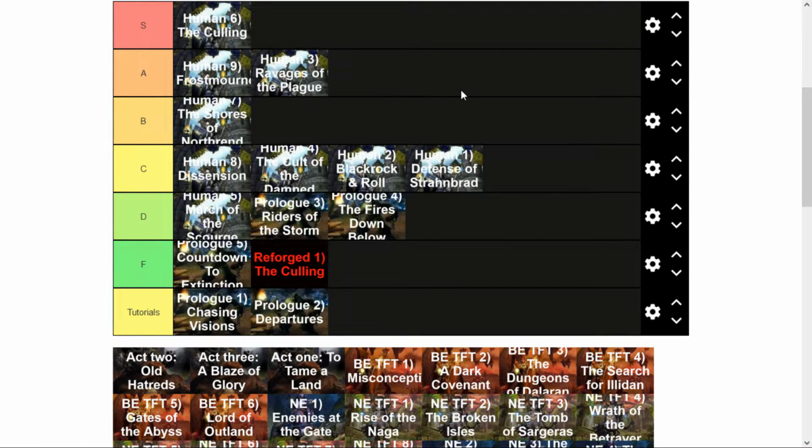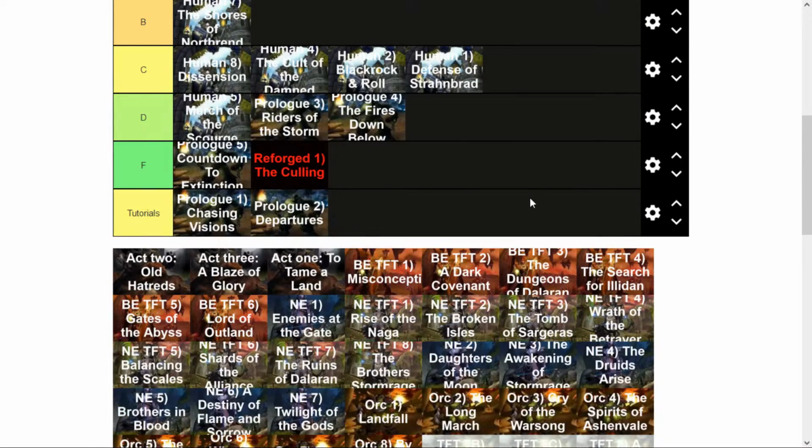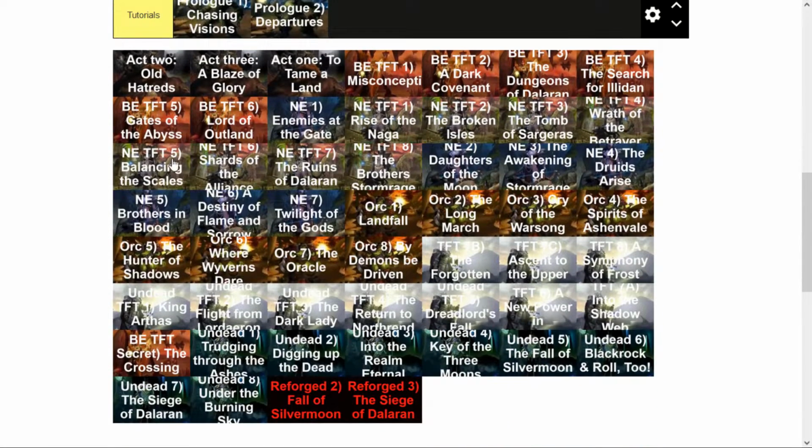However, Arthas can literally just go invulnerable, attack a building, destroy it, and then run away. And so you can cheese it very easily. But all in all, still very good. Highly recommend it. Moving on, we now have the...